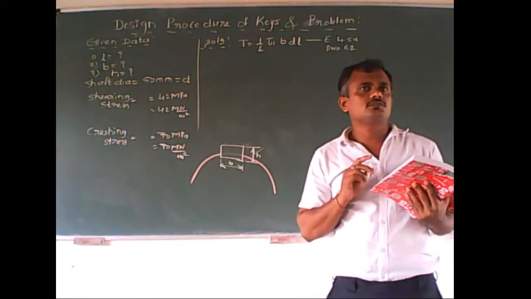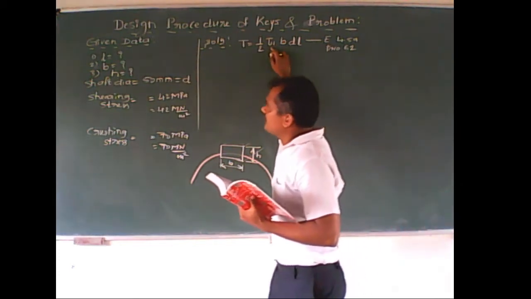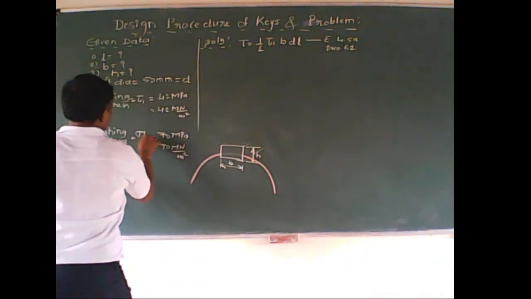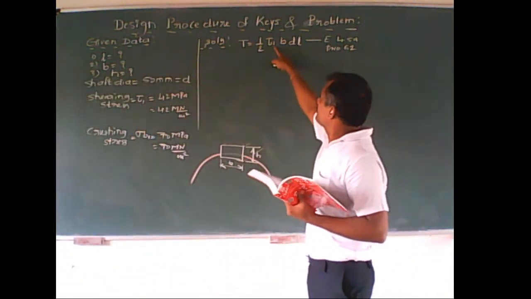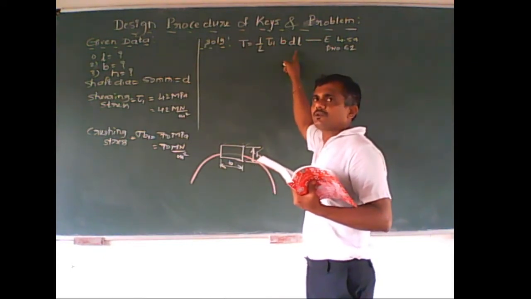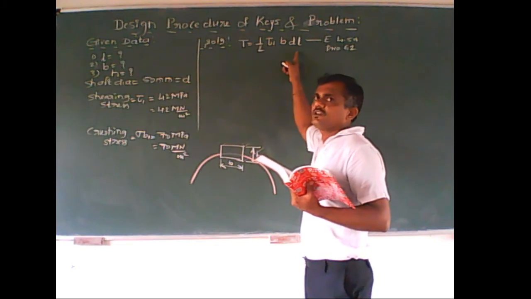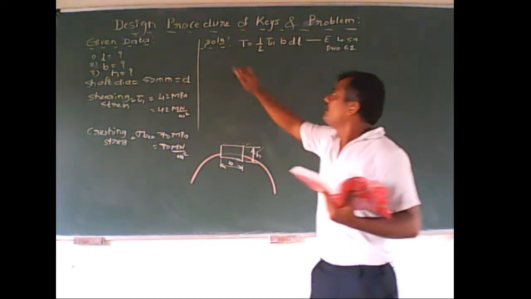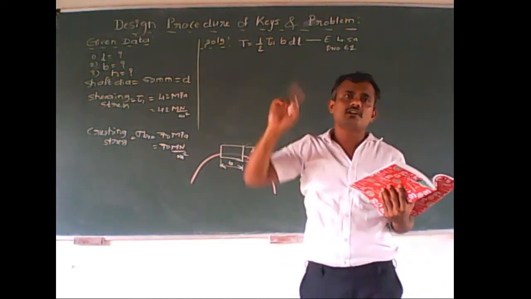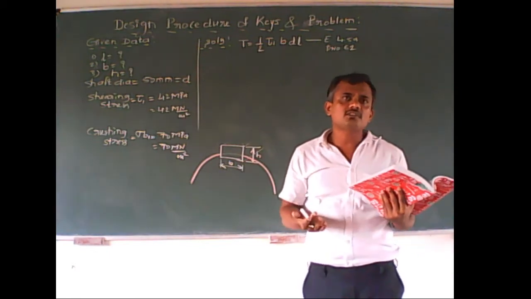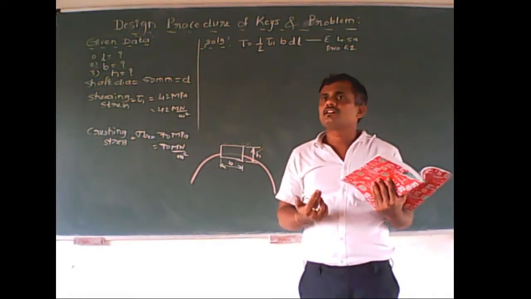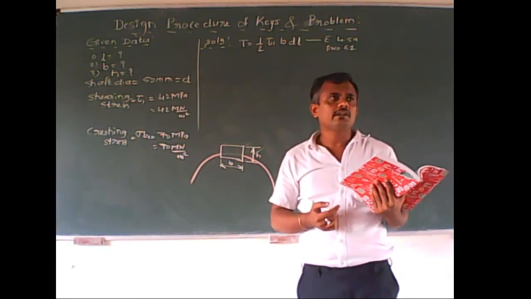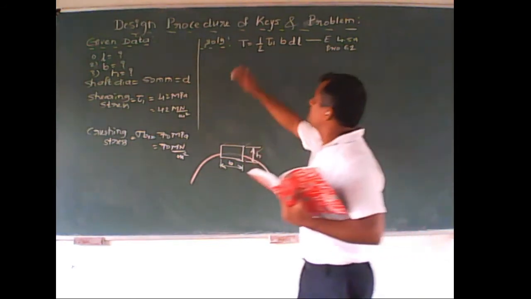Correct? So in this we have to think, tau 1 is available, the shearing stress is available. It's a sigma B1. Tau 1 is available. So whether B, D, L are provided. Ultimately you have to calculate the length. D is provided, diameter is provided. Whether B, the width of a key, is provided? No. Have they given you the torque value? It is also not provided. If torque is not provided and power and N are also not available, then how will you calculate the value of T? How to calculate this T first?